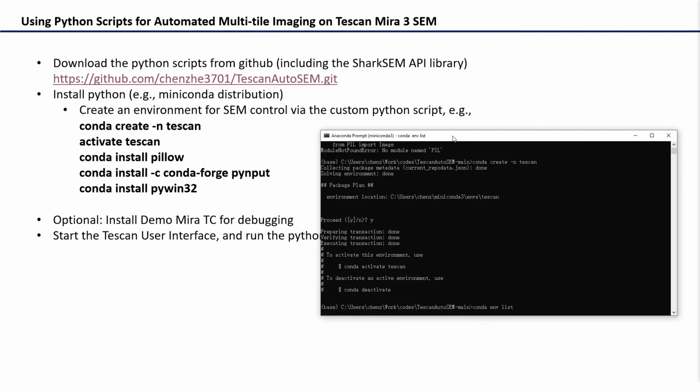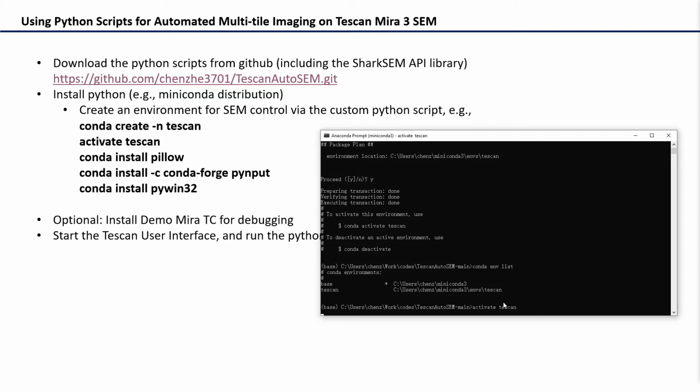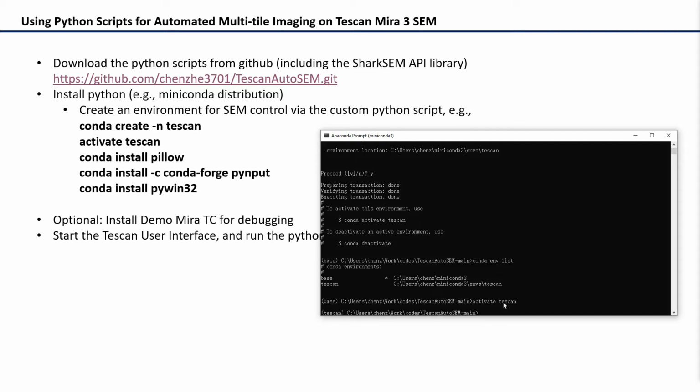With conda env list, we can see that we have the base environment and the environment we just created. But we're now in the base environment, indicated by this marker. We can activate the Tescan environment we just created, and then